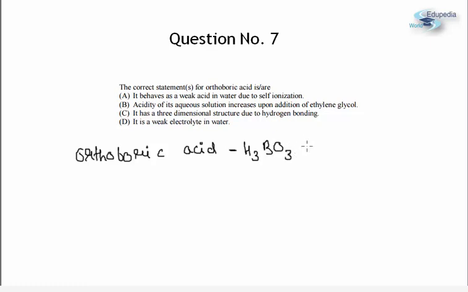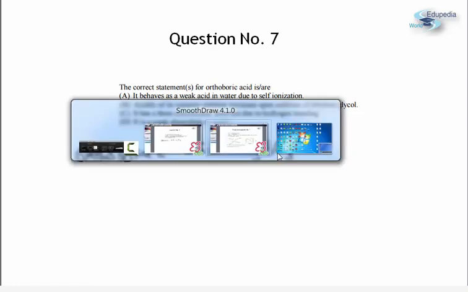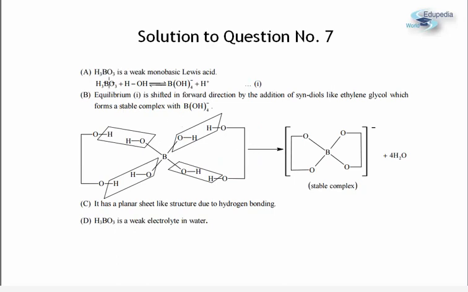Let us try to remember that if we look at the equation, if we put H3BO3 in water, H3BO3 does not give its own H+. It is not a protonic acid, it is a Lewis acid. It does not give its own H+, that is, it is not a Bronsted acid, it's a Lewis acid. So what it does is that it takes OH minus from water and it forms B(OH)4 minus, and along with that we get an H+.